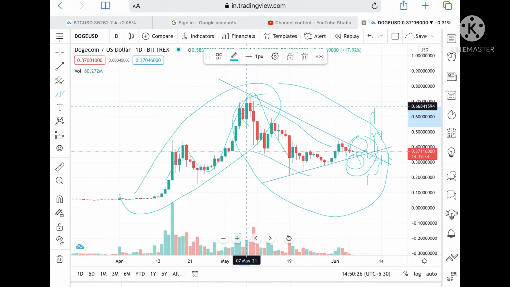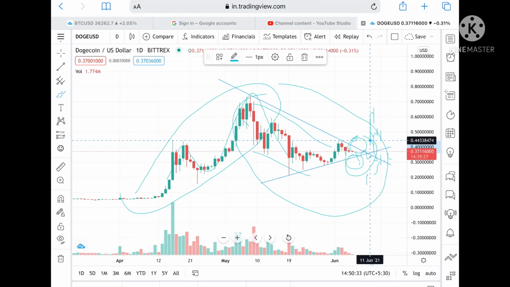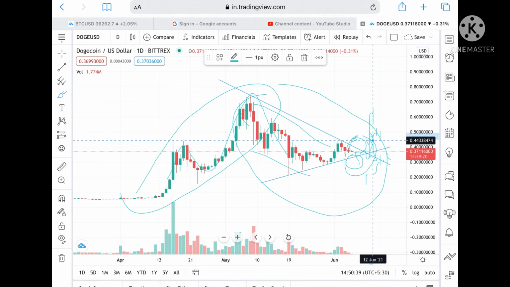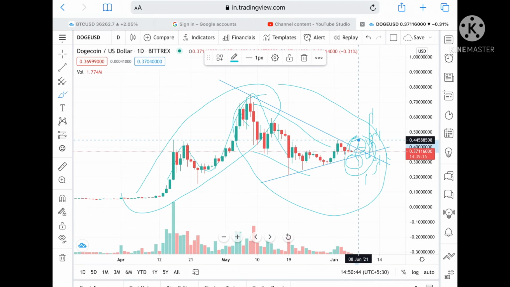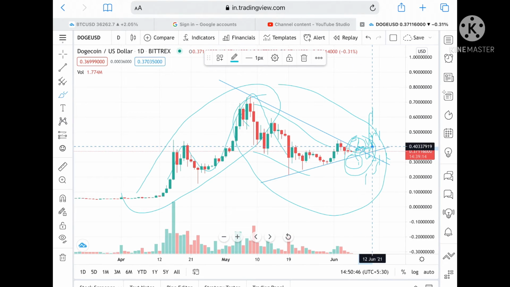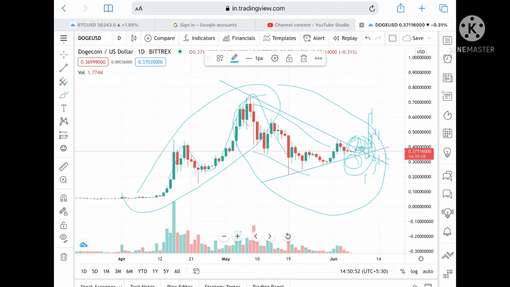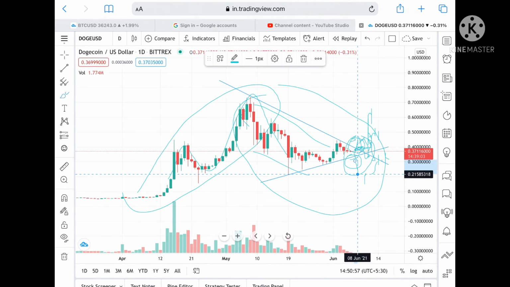The overall trend, since it made a new high, is continuously downside. So I would suggest, please let this breakout happen upside or downside, then you can invest, but be careful. These are all my personal views, and always remember to keep a stop loss. If it breaks upside, then treat this as a stop loss, and if it comes back to this level, exit the position or trail the stop loss. In the same way, if it goes downside, keep this as a stop loss, and if you are in profit, please trail the stop loss so that you can stay in the profit zone.